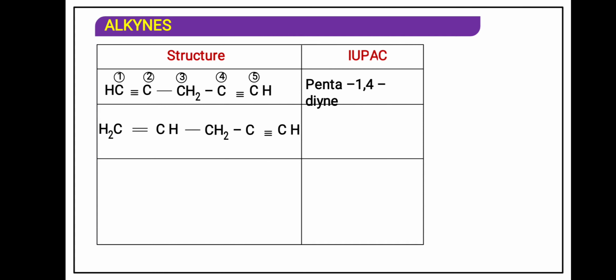Here the functional group is 2 times but not the same, that is why A will not come. Double bond is preferred first, then triple bond. So that is pent-1-en-4-yne. E is replaced by yne, that is 4-yne. The below numbering is wrong because in the preference list double bond comes first, and at the end triple bond comes.